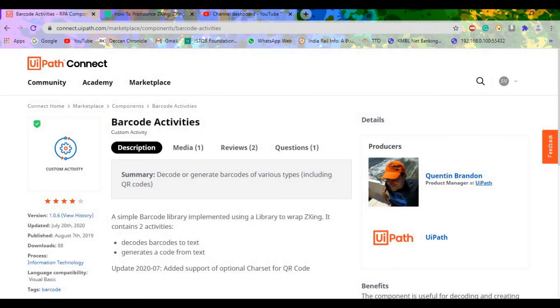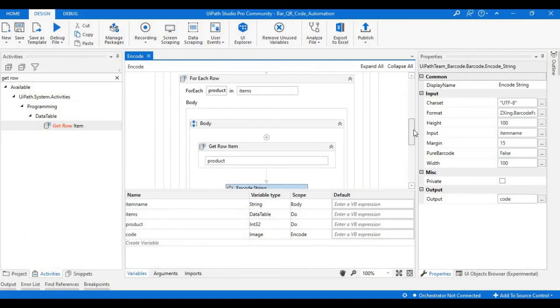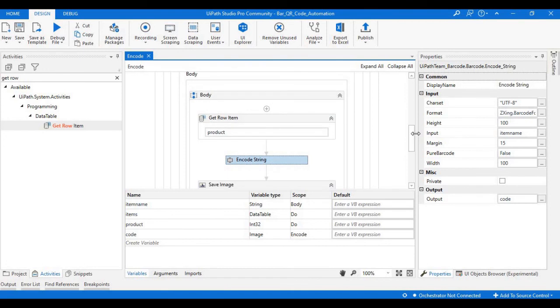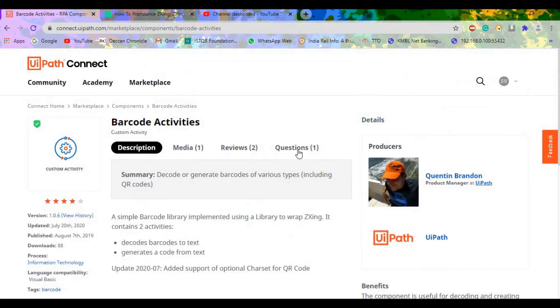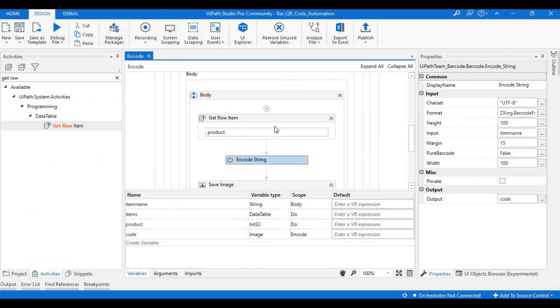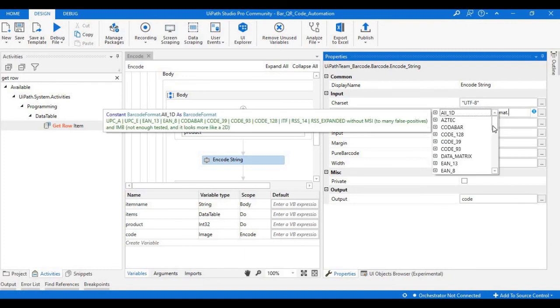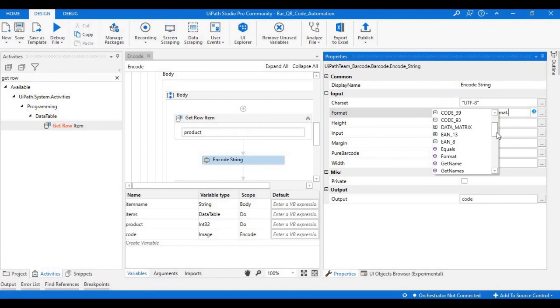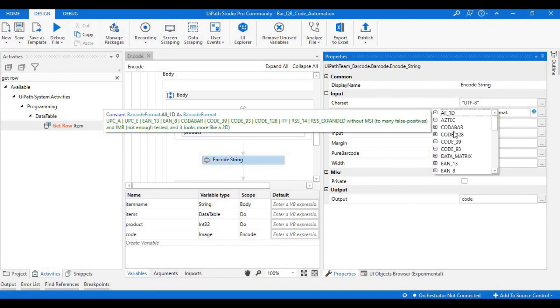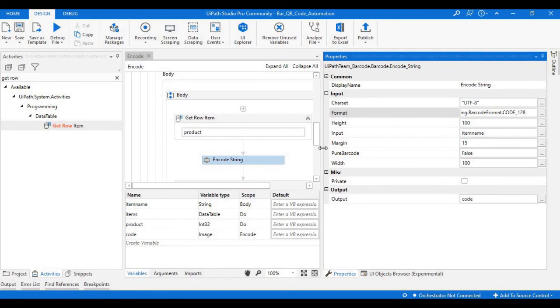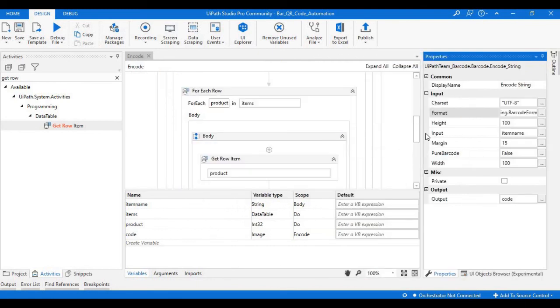Like that we can generate QR codes or any codes based on the format we require, and you can refer to the documentation as well. Here we have the documentation available in this folder location. Okay, so just refer to it and try the different formats, it will be very fun. I promise you, it is an easy and fast way to implement this encoder. So just try for the remaining items, and in the coming session we'll see how to decode the given barcode, a string or alphanumeric string.